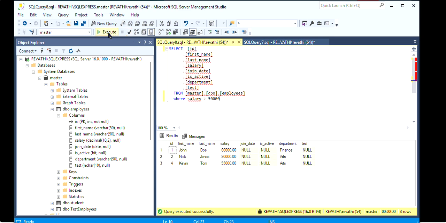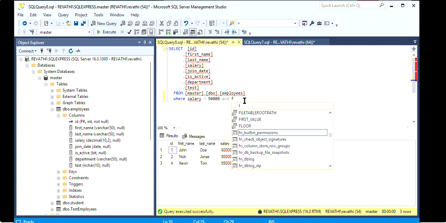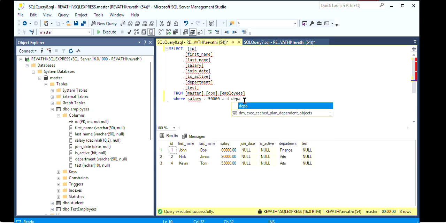So I got all the records which have a salary above 50,000. So I can again write another condition saying department is equal to